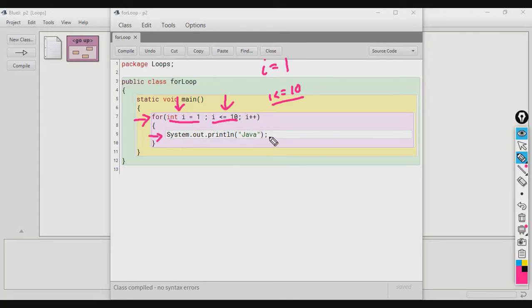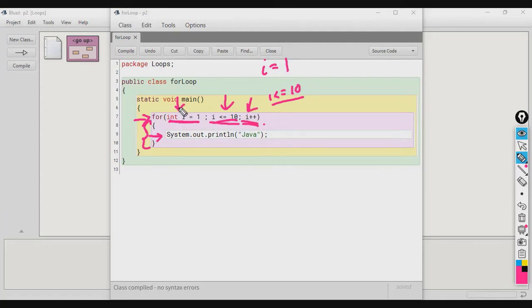And when all the statements are executed inside the body, the control will come to the update part. Notice the control did not come to the update part initially. Initially, initialization happened, the condition was checked, and if it was true, then control came inside. Now, once all the statements are executed, the control will come to the update part for the first time.